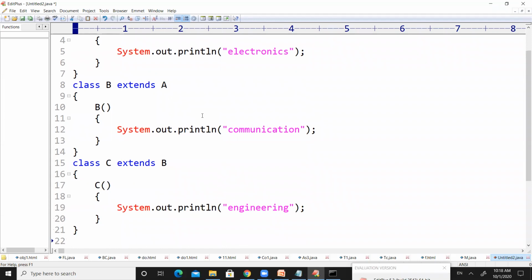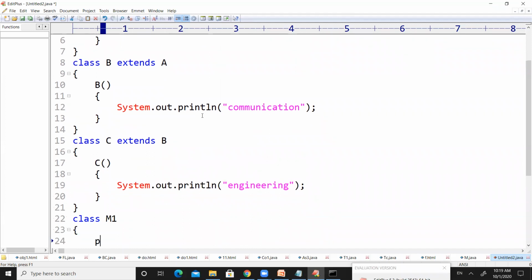Now I want to write a main class. For example, if the main class is M1, the main method inside Java is public static void main(String args).